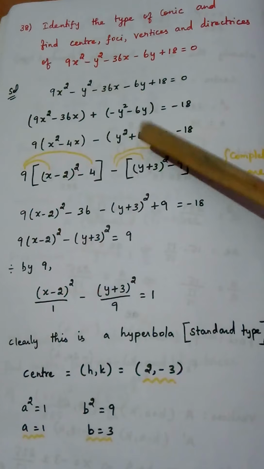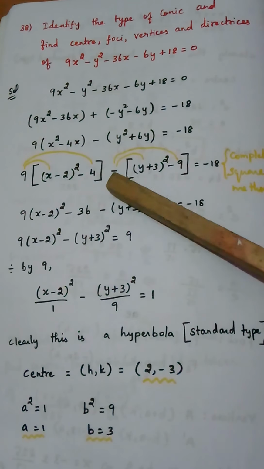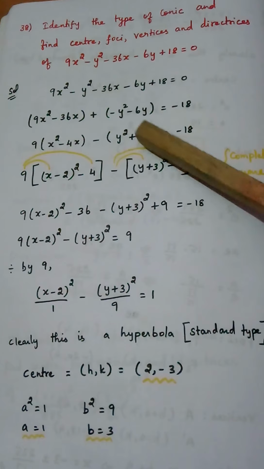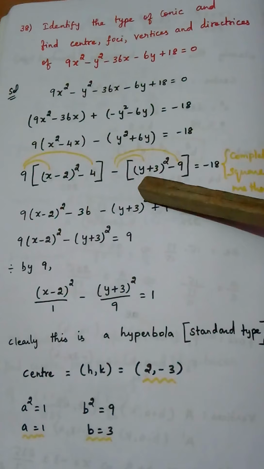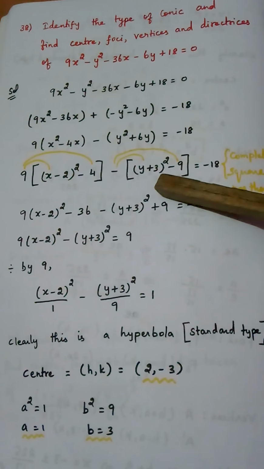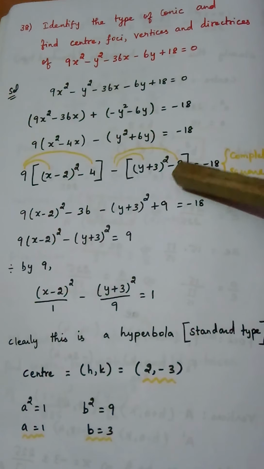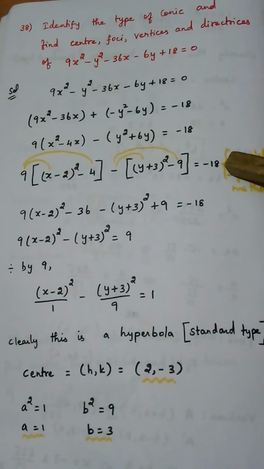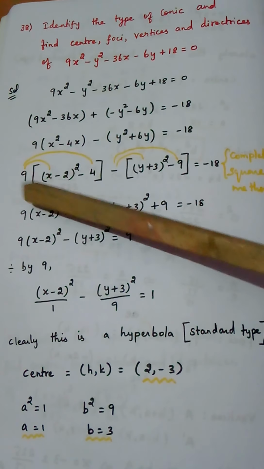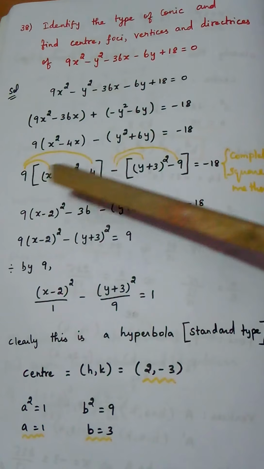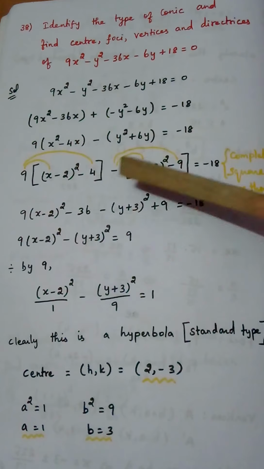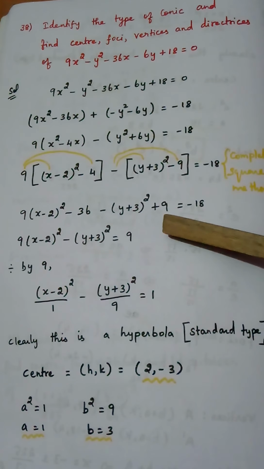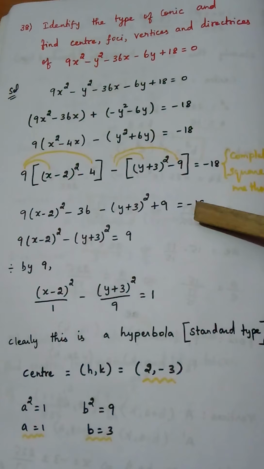Once again I am going to apply the completing square method here also. So the minus sign I have written, this bracket is changed. Y square means y, plus means plus, 6, half of 6 is 3, whole square. If I square 3, I will get 9, so subtract 9, minus 9, equal to minus 18. Now bring this 9 inside. 9 into x minus 2 whole square. 9 into 4 is 36, minus 36. Bring this minus inside, so minus of minus is plus 9. I think you will understand this, equal to minus 18.